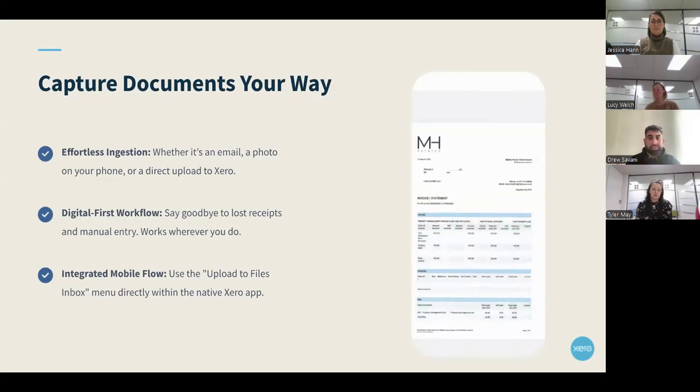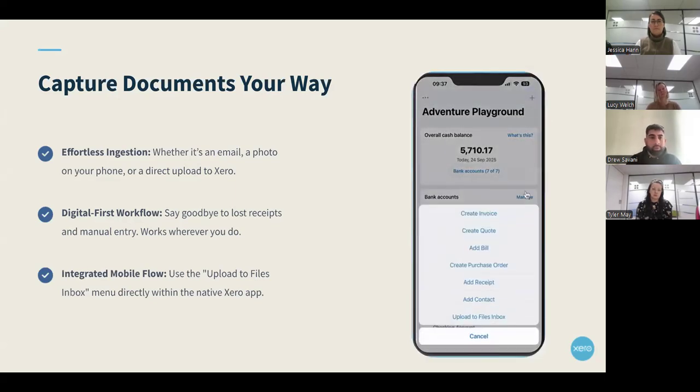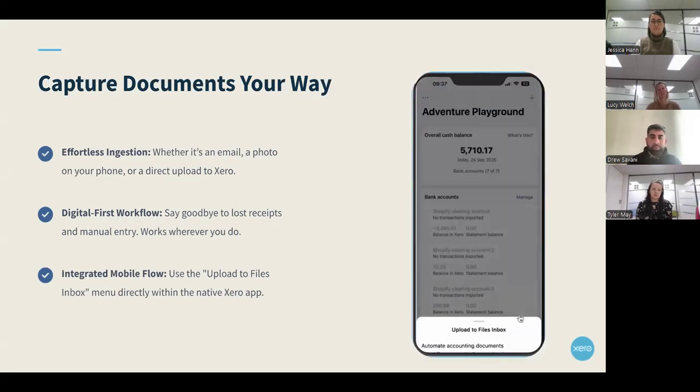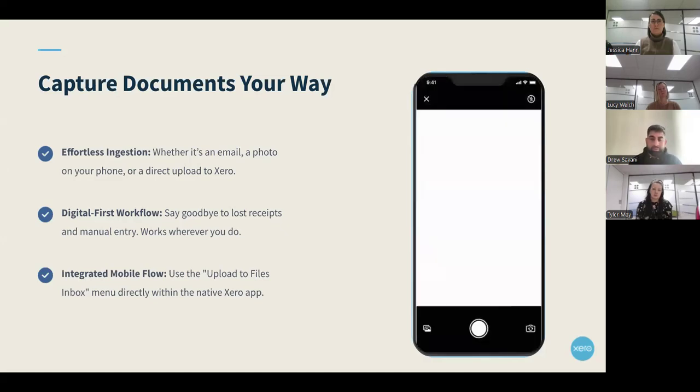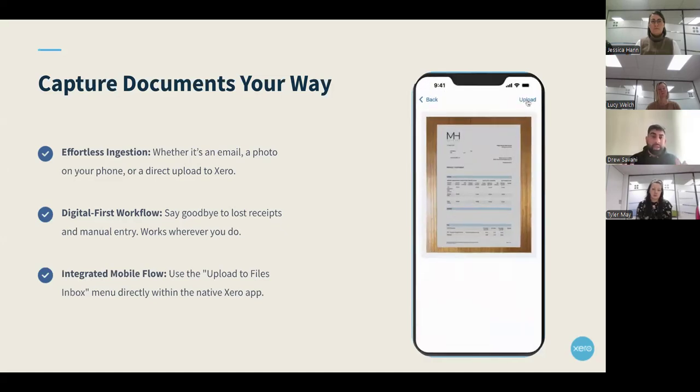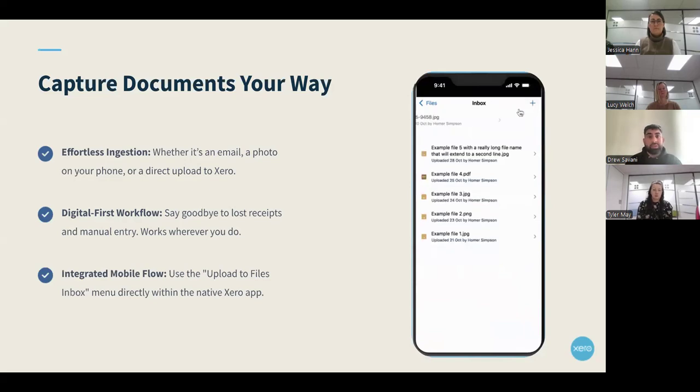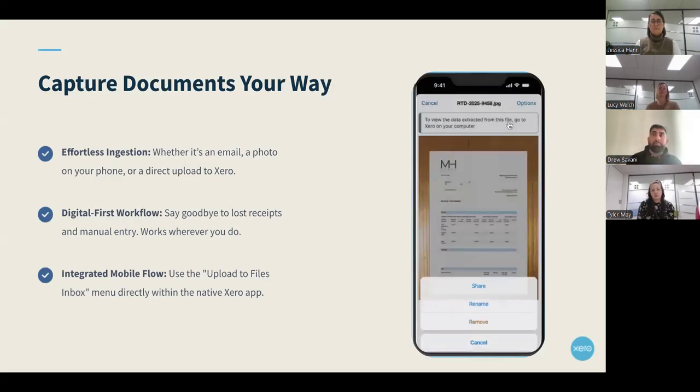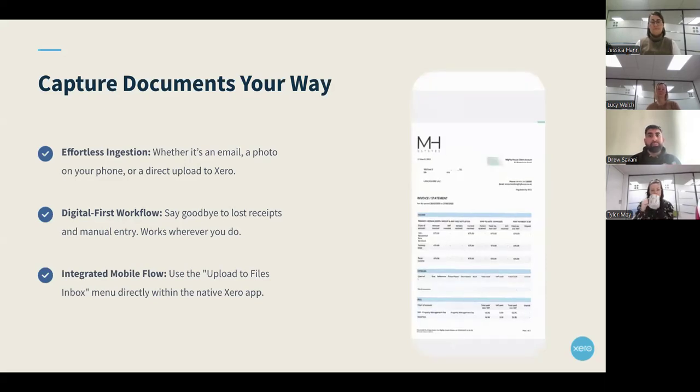Because you've got a picture of it digitally, it's stored in Xero. If that wanted to go in your pocket, in the washing machine, in the side door of your van, ultimately it doesn't matter because you've already captured it digitally. And I have to admit, we at Xero use a similar tool for our expenses when we're traveling on the road.